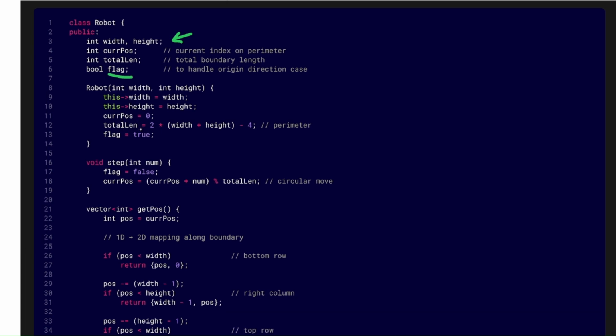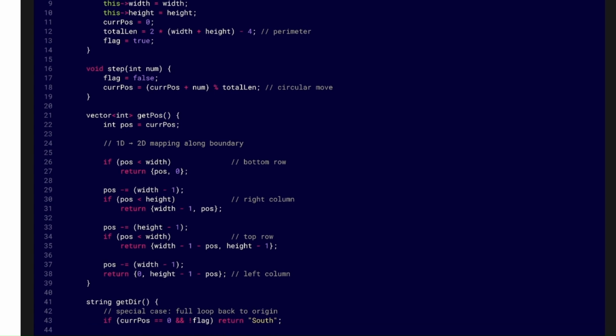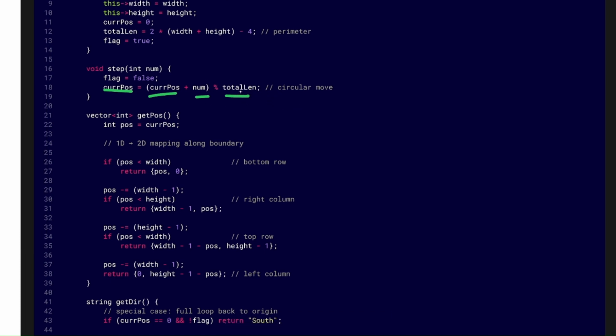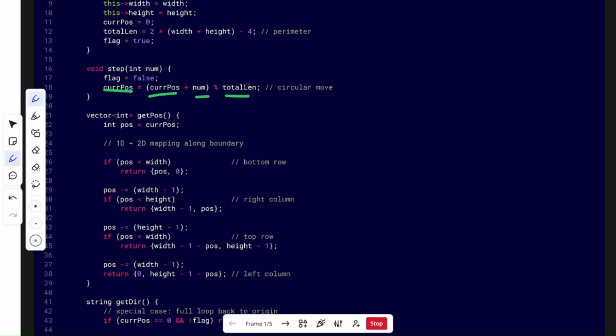We are initializing total length as 2 into width plus height minus 4, and also the current position will be current position plus nums, modulo total length. Because we are taking the modulo of total length, it will always stay inside the boundary, and we are dividing by the length of the circle, you can say the total length.